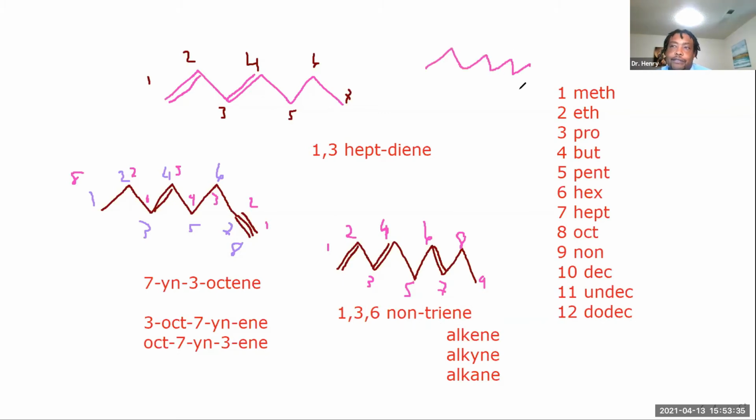So there's nothing that has priority. The functional group has priority. If there's a triple bond and single bonds, then the triple bond has priority. If there's a double bond and single bonds, then the double bond has priority. If there's a double and a triple, the double bond has priority. So if it was just a triple and a single, the ending would be -yne? That's right. -yne.